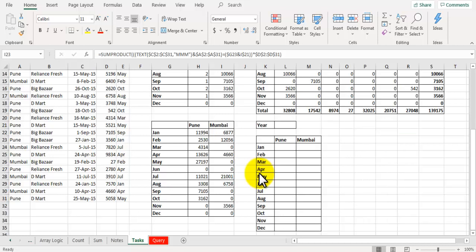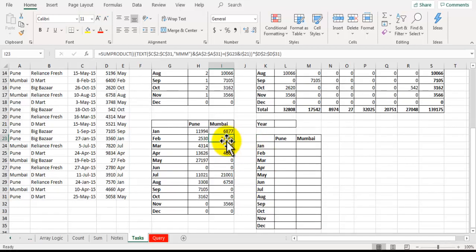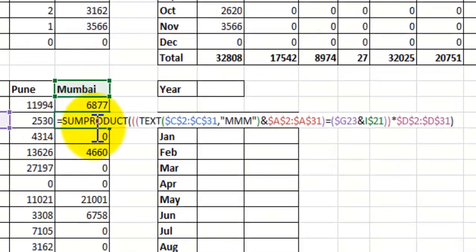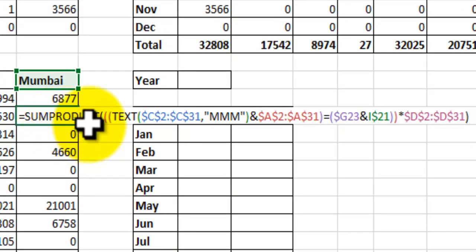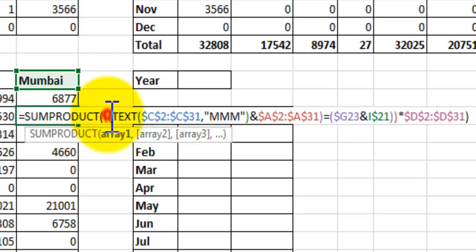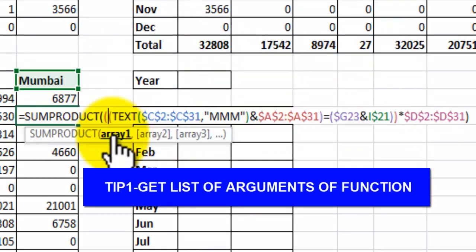I have a file on my screen which has a few formulas, and if I have to explain any of these formulas to you, then I will go to a cell where I have a formula and press F2 to bring this cell in edit mode. Now here I can click inside this formula and highlight input values provided for each of these arguments. Tip number 1, where I am going to show you how to extract the list of arguments for